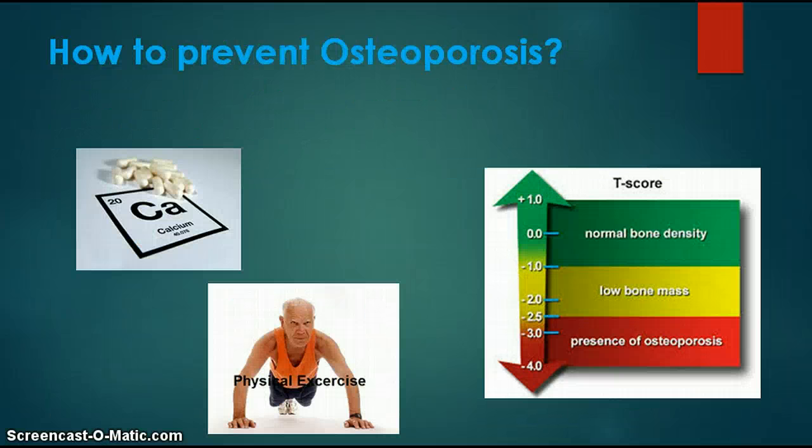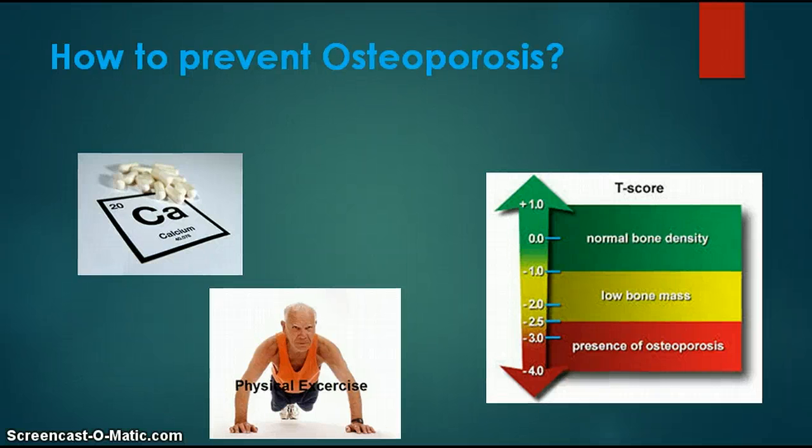How to prevent osteoporosis? Osteoporosis is a silent disease. You may not know you have it until you break a bone. A bone mineral density test is the best way to check your bone health. To keep bones strong, eat a diet rich in calcium and vitamin D. Exercise and do not smoke. If needed, medicine can also help.